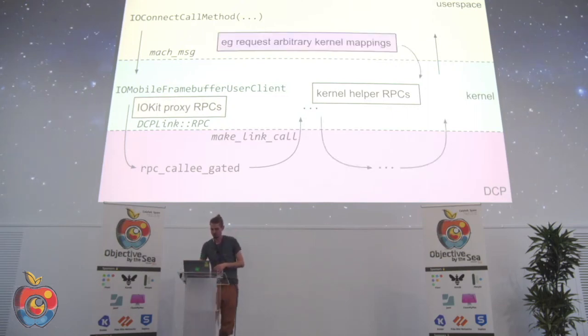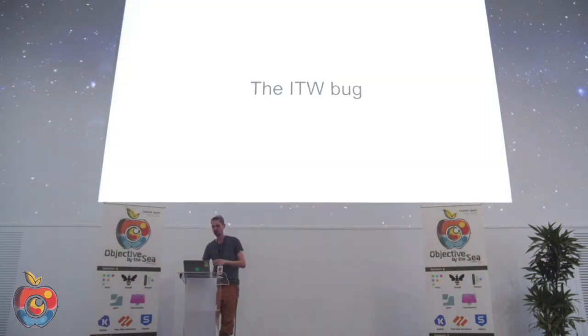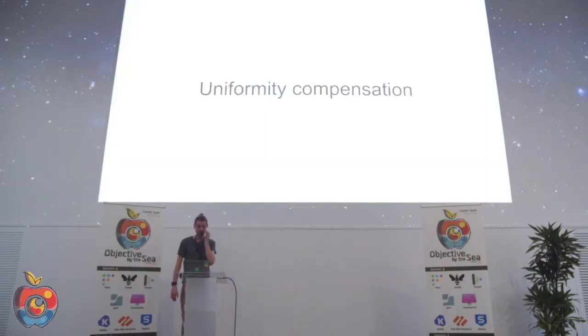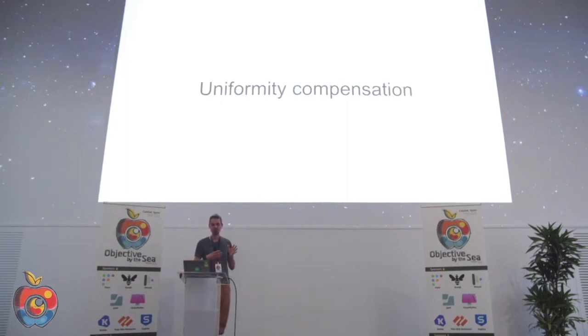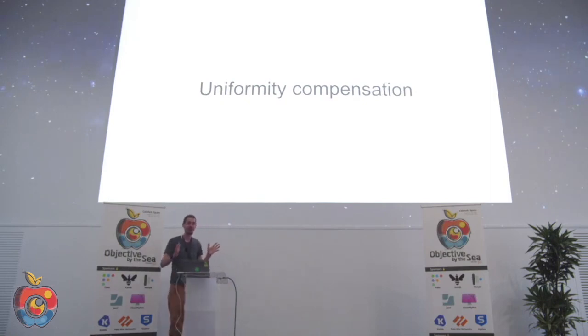Pretty impressive. So, not got much time left, but we'll quickly look at what the actual vulnerability was. The DCP and IOMobileFramebuffer have an enormous amount of functionality. And one of the myriad of things that they do is this thing called uniformity compensation. When the display panel comes from the factory, it is not perfect. For example, there might be brightness discontinuities or color